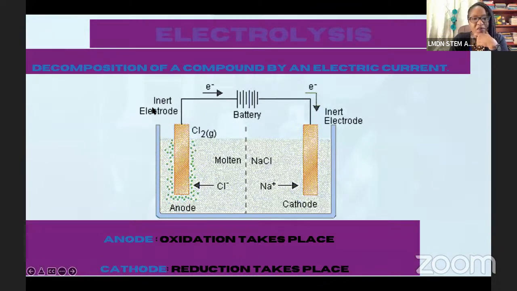And so here I am showing you what we refer to as an electrolytic cell, right? It's the cell in which the electrolysis takes place, or we can also call it an electrochemical cell, right? Because I mentioned earlier, it's an electrochemical reaction, so to speak, that happens. We have the electricity that's causing a chemical change. So it's an electrochemical cell, or we can also call it an electrolytic cell, okay?